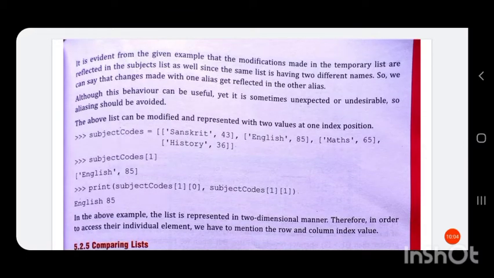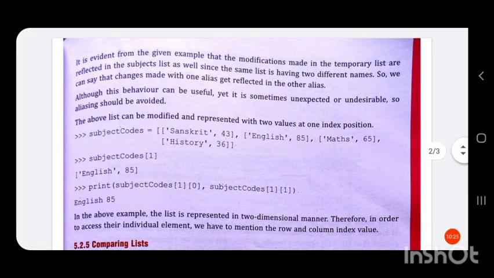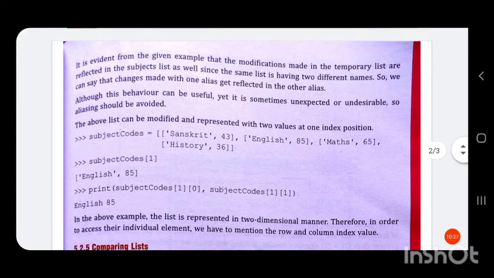So we can say that changes made with one alias get reflected in the other alias. Although this behavior can be useful, it is sometimes unexpected or undesirable. So, aliasing should be avoided.